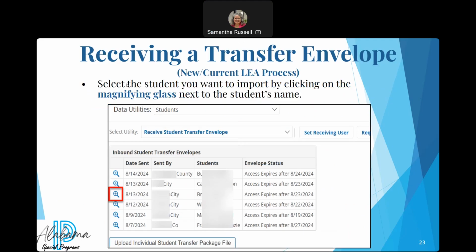Okay, so when you click that button, Receive Student Transfer Envelopes, you will see a screen that looks kind of like this. It will list all of the envelopes that have been sent. And this is where you choose which envelope you want to import. You'll click the magnifying glass next to that envelope,